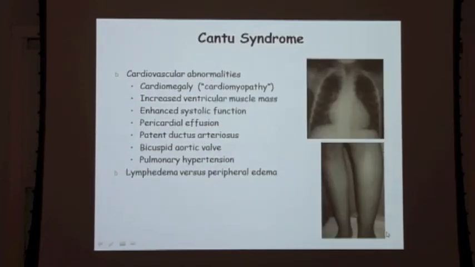They have a huge list of cardiovascular abnormalities, which includes very large hearts. They have increased ventricular mass, and we have now shown that they have, I'll come back to this, enhanced systolic function. They frequently suffer from pericardial effusion, which is fluid leaking from the muscle into the epicardium and pericardium and filling up the pericardium, where they have to be surgically drained, and sometimes the pericardium actually has to